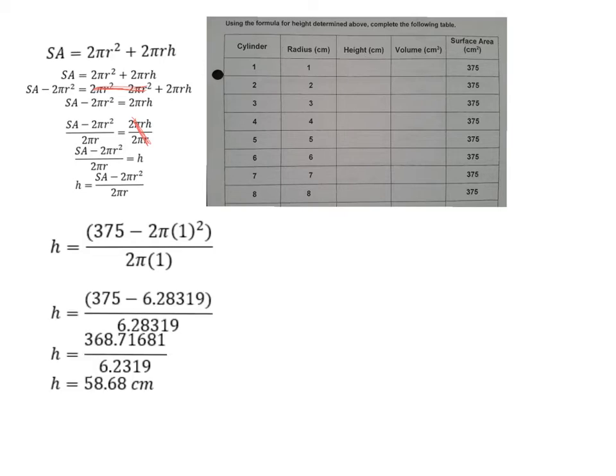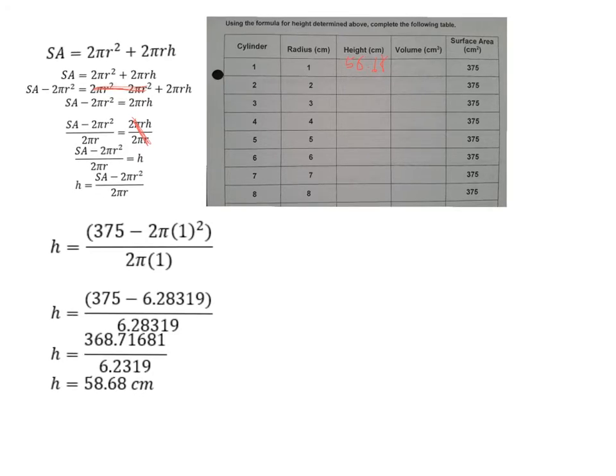When you solve the equation, it should look like this. And the answer you'll get for h is 58.68. And that's what you would put in the height column for cylinder number 1. So I'll do that here. Hopefully it's not too messy. 58.68. Okay? It ended up being very messy, but forgive me. Okay, so my height is